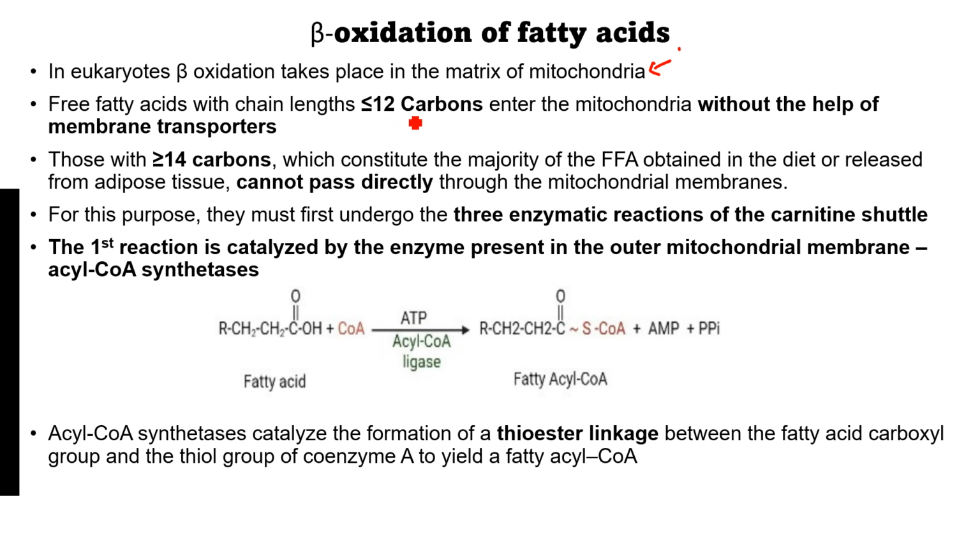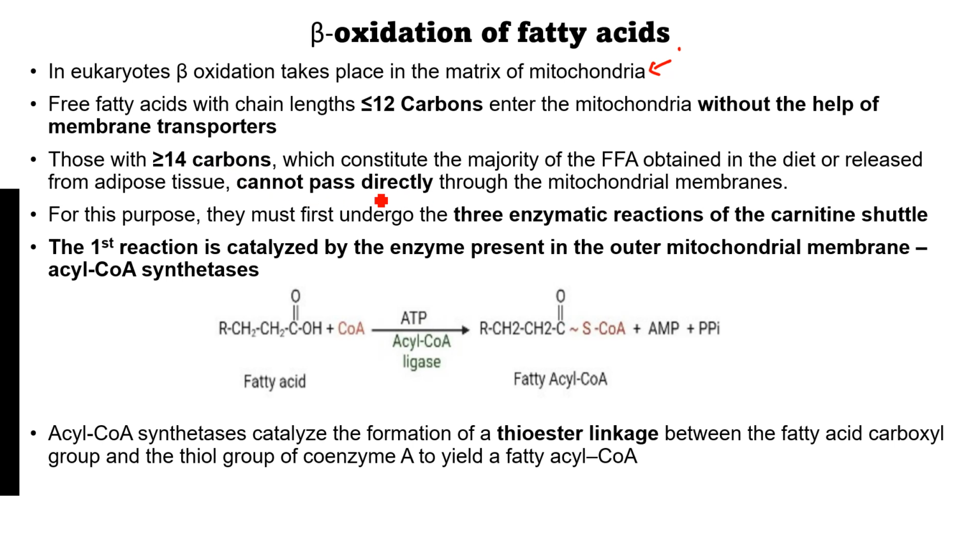There can be 12 carbon atoms, or more than 12. If my fatty acid has less than 12 carbons, it can easily enter the mitochondria without any membrane transporters. But if there are 14 or more carbons in the fatty acid, which constitute the majority of the free fatty acids obtained in the diet or released from adipose tissue,